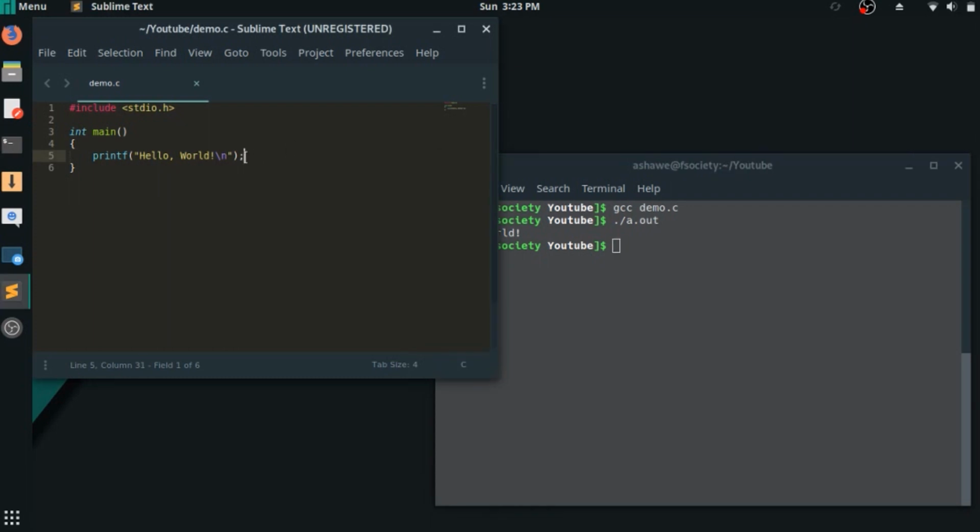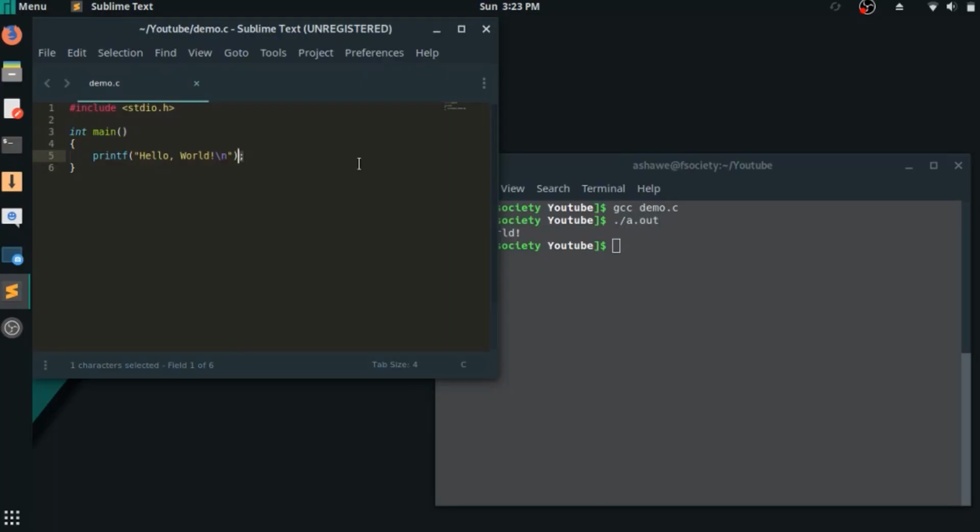But the problem is we don't want this semicolon. We do not want it. So what do we do? We cannot use user-defined functions, as in the user-defined functions there will be a semicolon when we use the printf statement. So we need to use something that does not have a semicolon. In C, there are a few things which do not require a semicolon, including the include statement which we use at the top, the decision-making statements like if-else, the while loop, etc. You get the point. So we need to make sure that we use one of these statements.